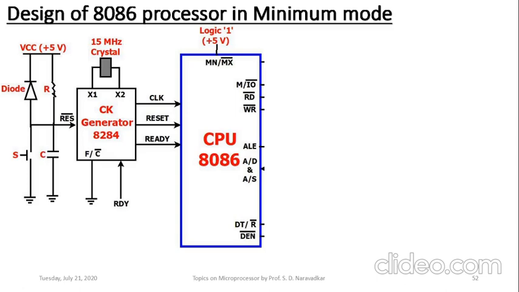Of course, this operation of generation of the clock has already been studied in detail earlier. Normally a crystal is connected as the source of frequency. That's why F/C bar of that clock generator is connected to ground, shown here, and a crystal of 15 megahertz gets divided by 3, so that a clock of 5 megahertz is generated and given to the microprocessor. Then for power on reset operation, a power on reset circuit on the extreme left containing resistor, capacitor, diode and a switch is connected to the RES bar input of the 8284 clock generator.